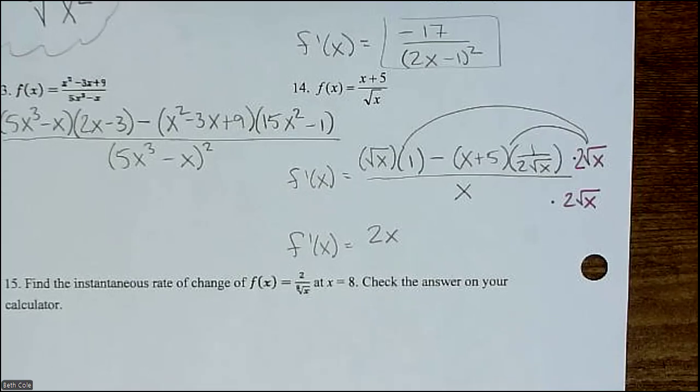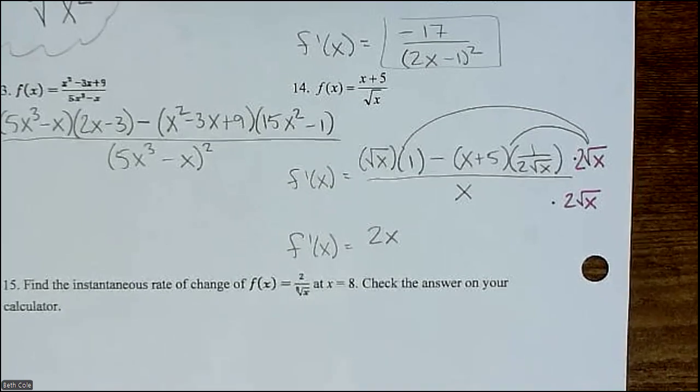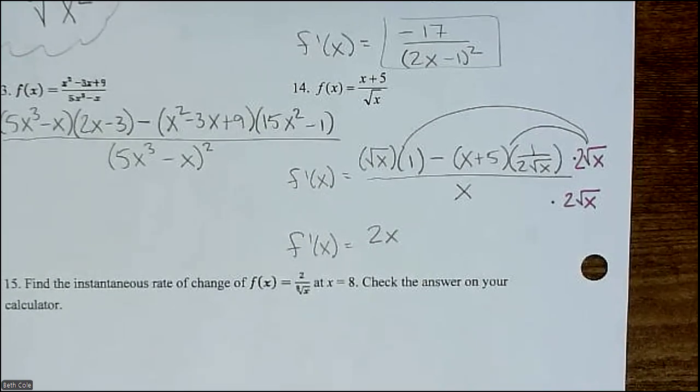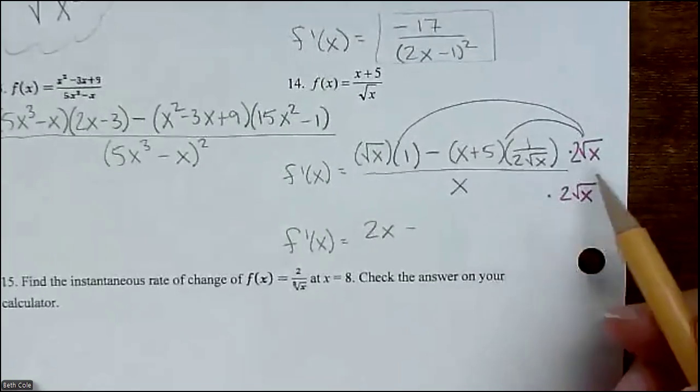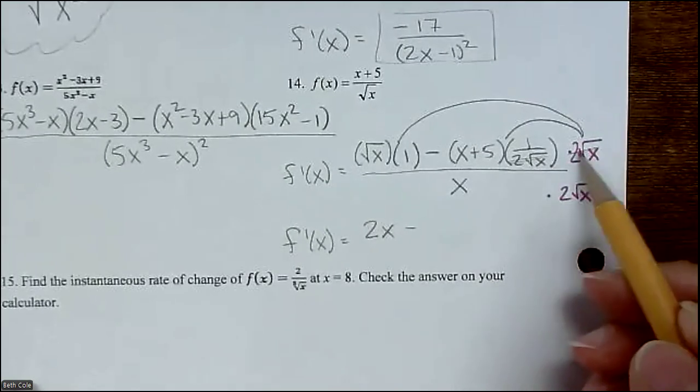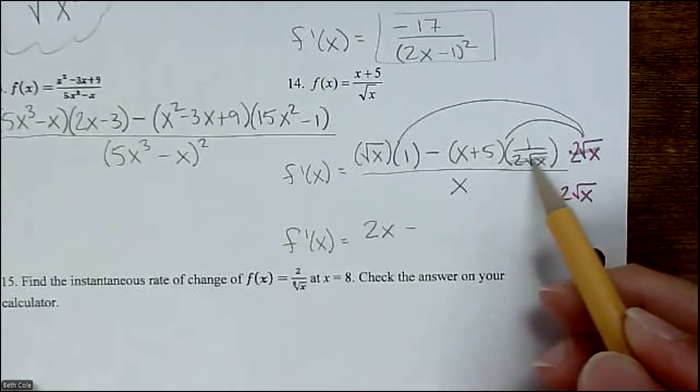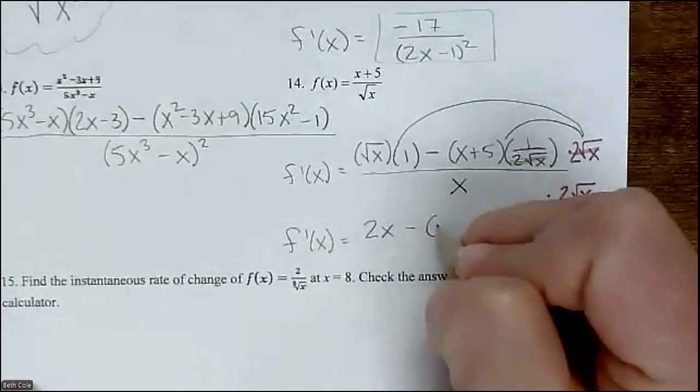What gets everybody is the algebra. It's not the calculus. Like these rules go well and everybody memorizes them. It's fractions and negative signs and all the distributing and the algebra that messes people up, right? Minus. Now, do you see how these are going to cancel and that was the whole point? So it's minus x plus 5